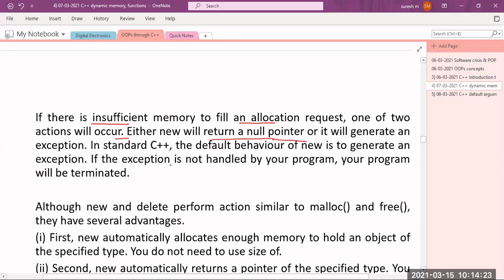Okay, memory full exception. In standard C++, the default behavior of new is to generate an exception.